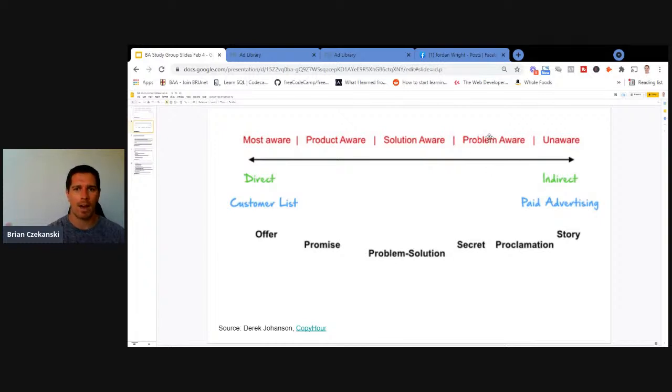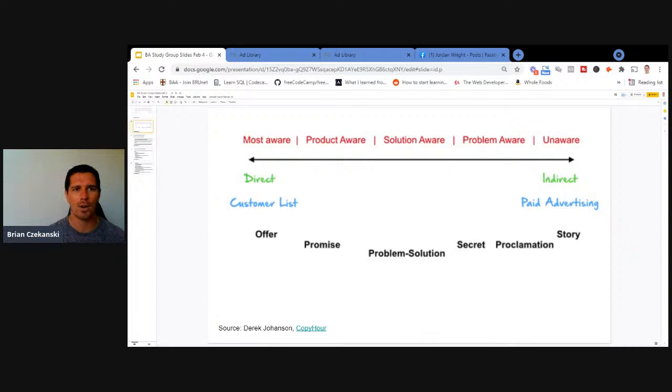And then again, as your awareness builds up, as you do more and more advertising and you become more well-known within your audience, especially if you're within a specific niche and you've really built up your authority and your success stories, that's where people get a better idea of what the solutions are that are out there. And eventually they get to know your products. And that's where it makes a little bit more sense to just put out a specific promise or a specific offer. So there, it makes a little bit more sense to have maybe 1 or 2 lines.